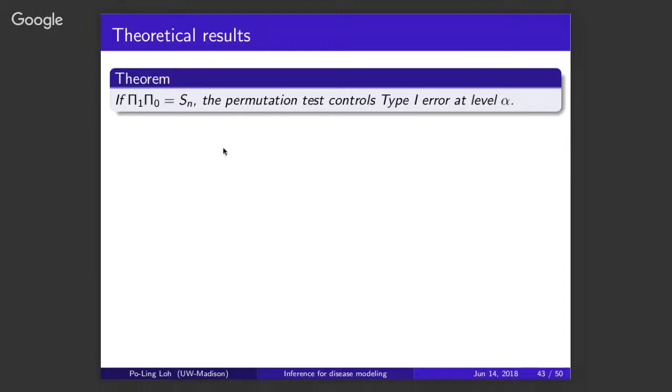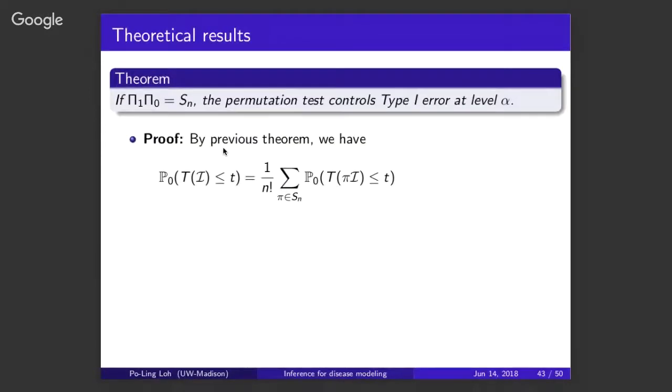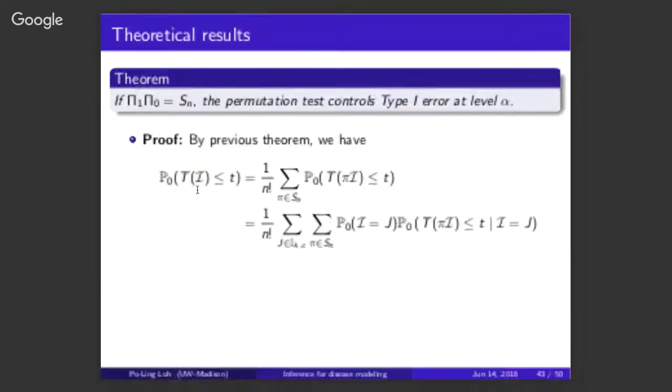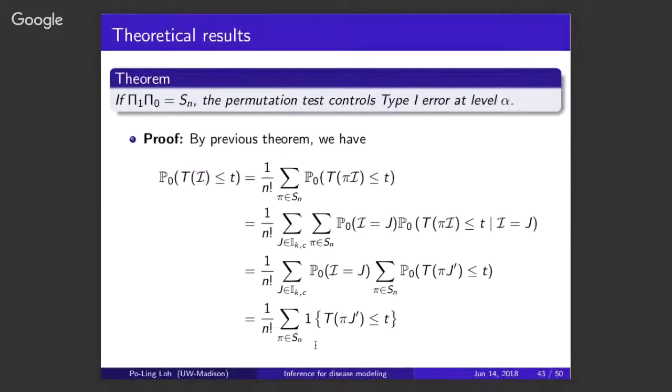So just maybe, I think I'll skip through the proof here, but the basic idea is to say that in order for this to work, I want to say that the tails of the test statistic are the same as the tails of the empirical distribution based on permutations. So if I advance a couple of slides, then what we see on the very last line is the tails of the empirical distribution, right? So it's sort of like a CDF where we look at one particular infection assignment and we look at all possible permutations and we look at the empirical distribution over all n factorial of them.